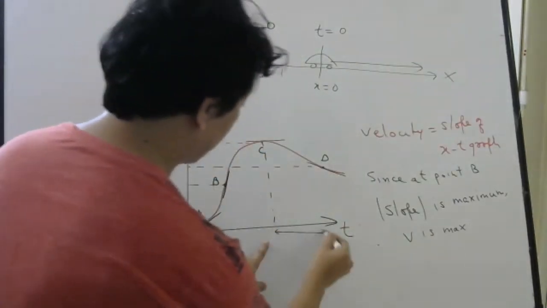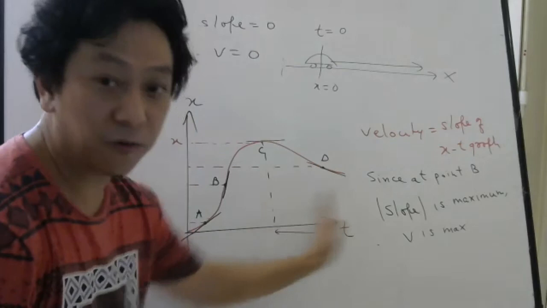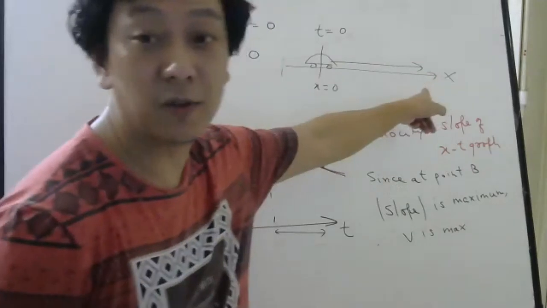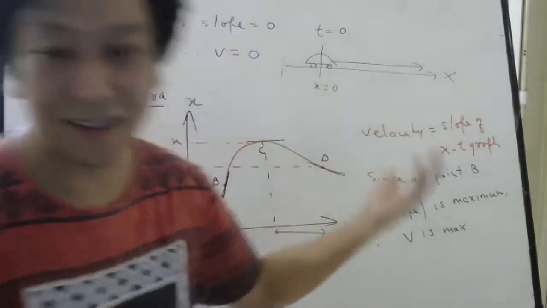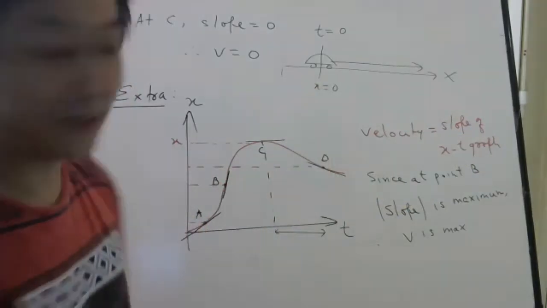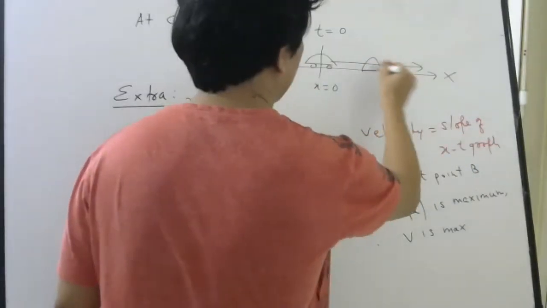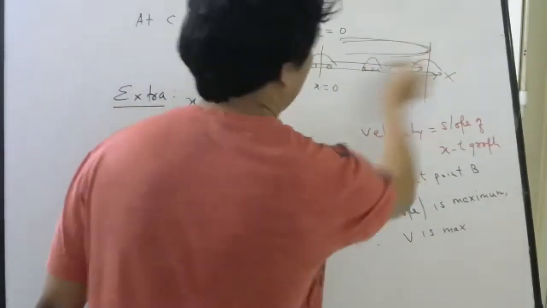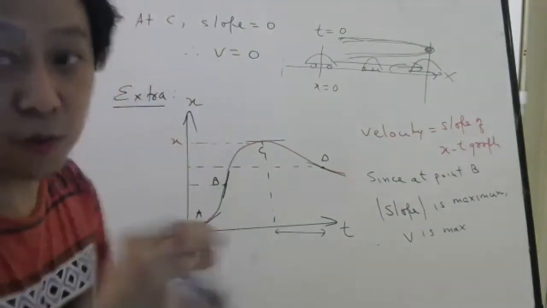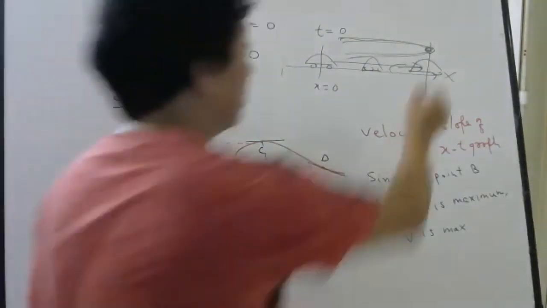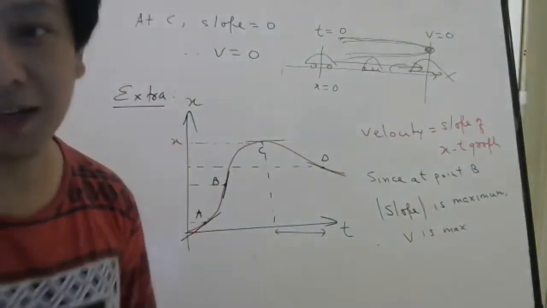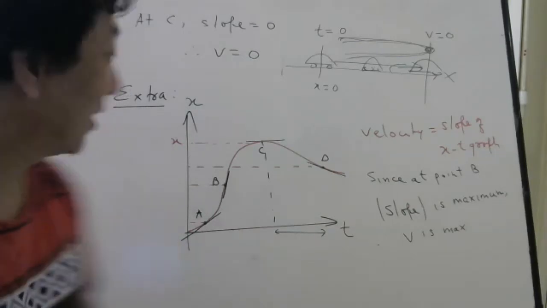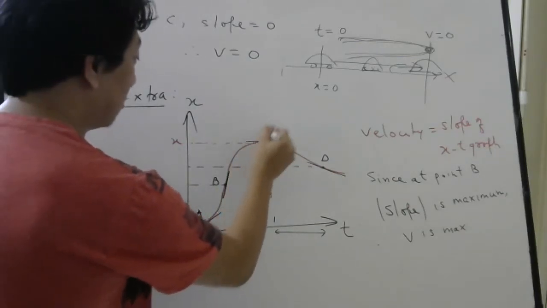From here onwards, what is happening? From here onwards, is x increasing or decreasing? X is decreasing. X decreasing means the car is coming back. So it is going like this, then it is coming back. At this point, it is turning back. And I told you, wherever it turns, velocity should be 0 momentarily. See this one at the highest point. Today also we covered this. So at this point, velocity is 0.